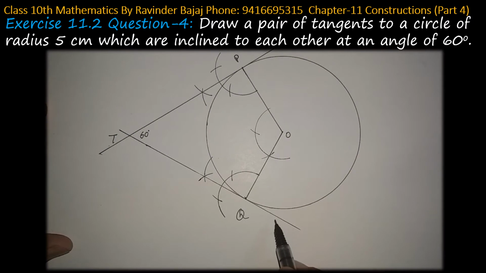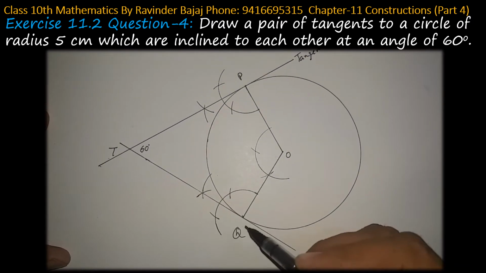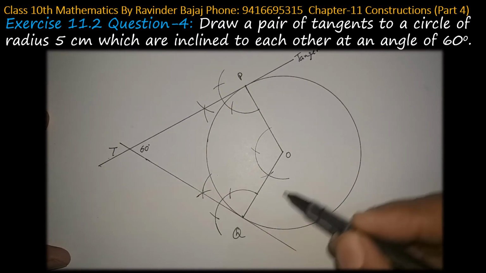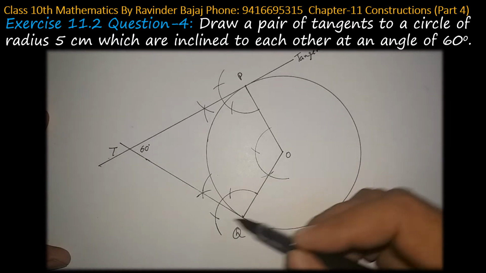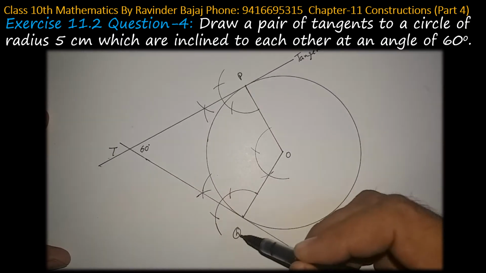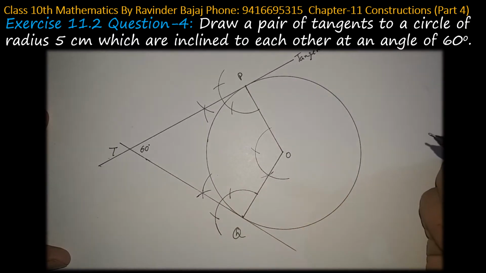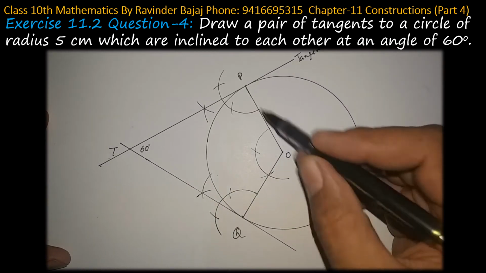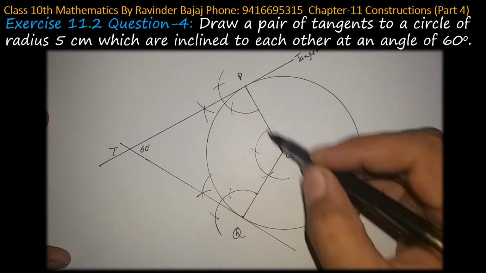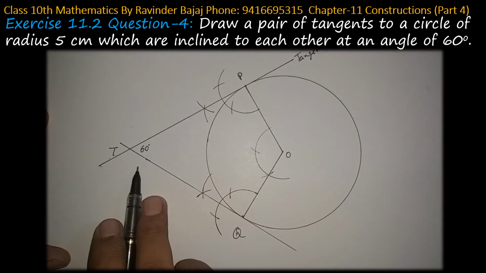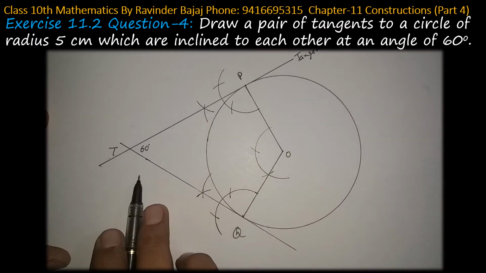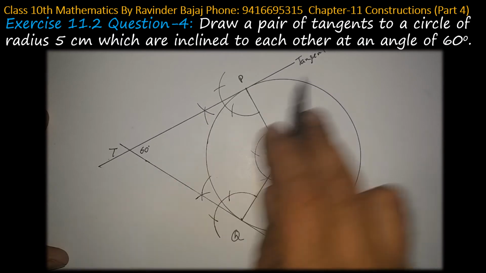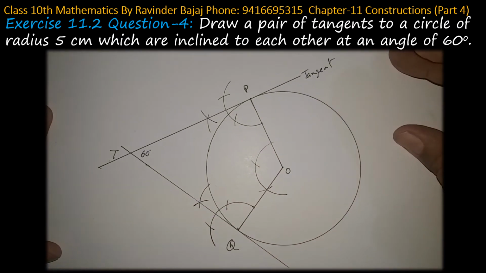And this is again a tangent with the same justification, because point Q is the point of contact and O is the center. A line making a 90 degree angle with the line QO is a tangent. And this 120 we have drawn by construction. If it is 120, it is 90, it is again 90. So by the angle sum property, this will become 60. So it is justified that this angle is 60 and these two tangents are the required tangents. So here is the construction.